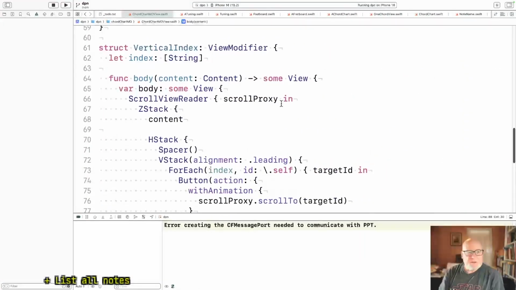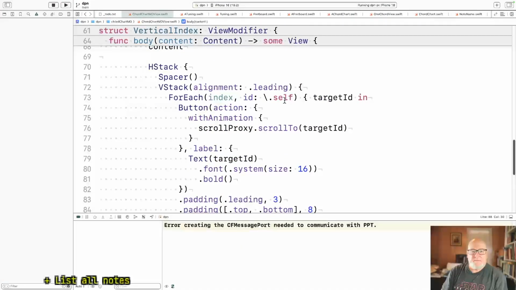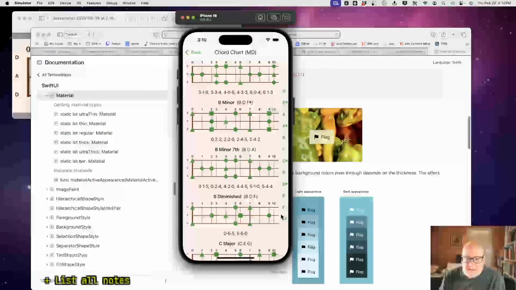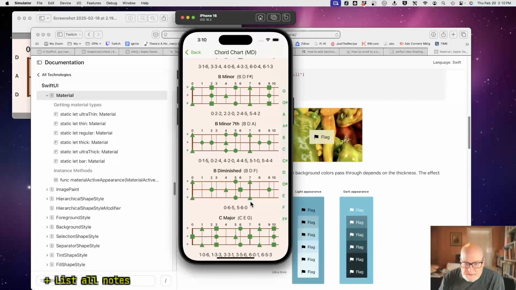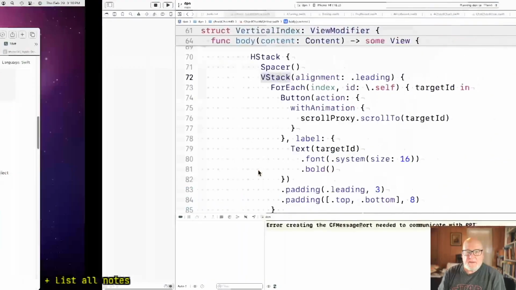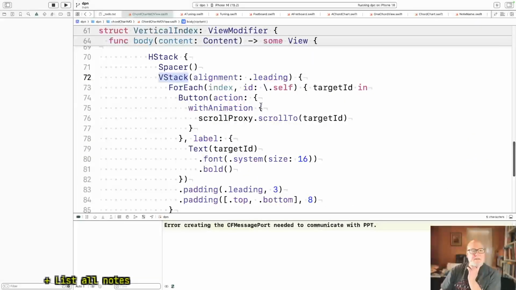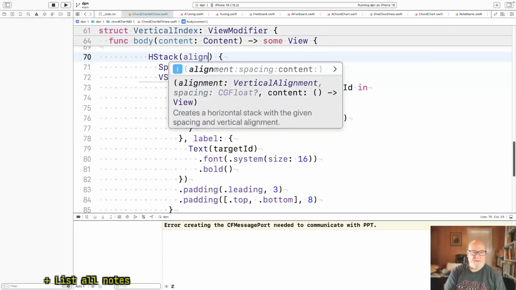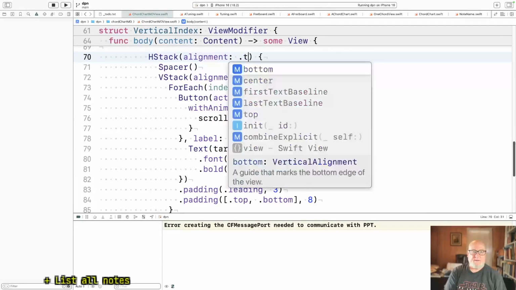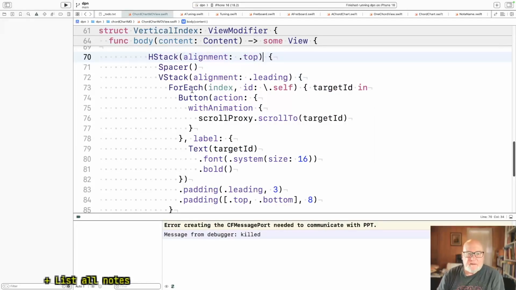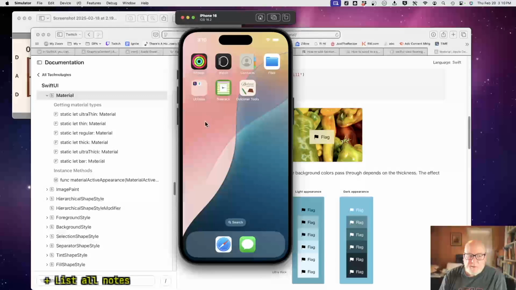Is there a spacer at the top that pushes the V stack down? Not that I can see. I mean, I think he's centering in this view. I think that looks about the same as that. Okay, which is sort of a default thing, right? Well, maybe we can do this. Alignment top. But I like the more subtle background, I think is good. The spacing's okay, not perfect. I don't know if I can get perfect, but